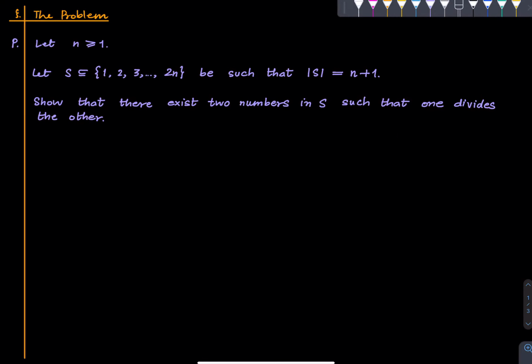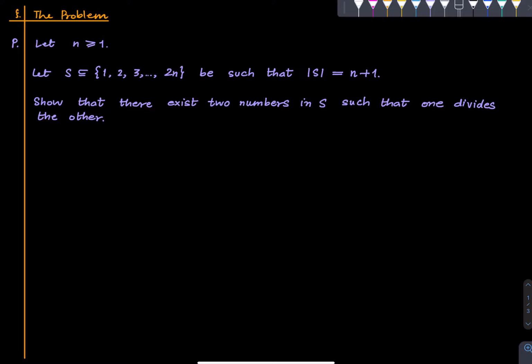Today we'll be discussing a very classical problem. So fix a positive integer n and suppose S is a subset of the first 2n integers such that the size of S is n plus 1, which is more than half the size of that. So we have collected some n plus 1 integers from the first 2n integers, and now the conclusion is